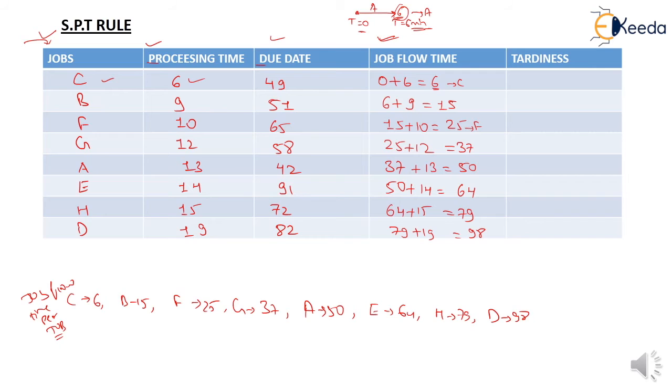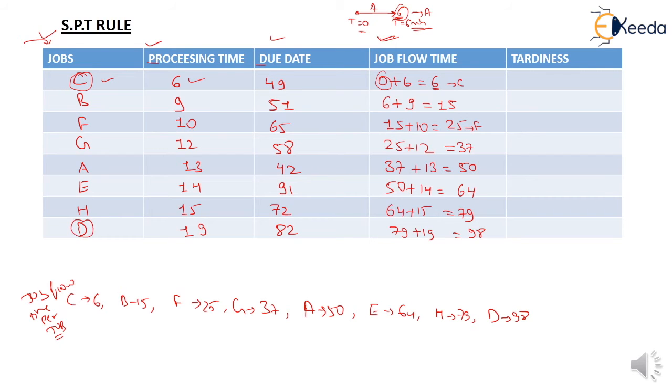Okay students. Here we calculate the makespan time. So what is a makespan time? Makespan time is the time from when the processing starts on the first job in the set until the last job is completed. Here the processing starts from the C job and at time equals 0 minute our processing starts on the first job, until the last job is completed in the set.